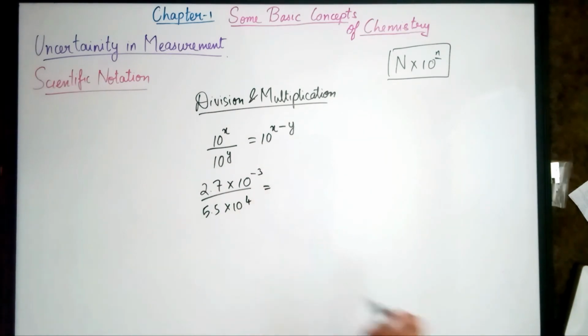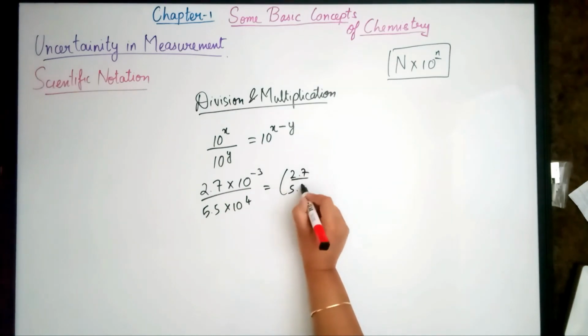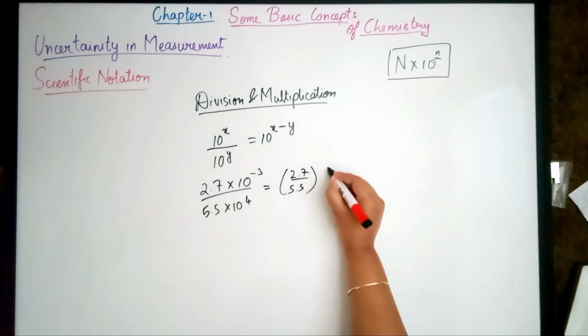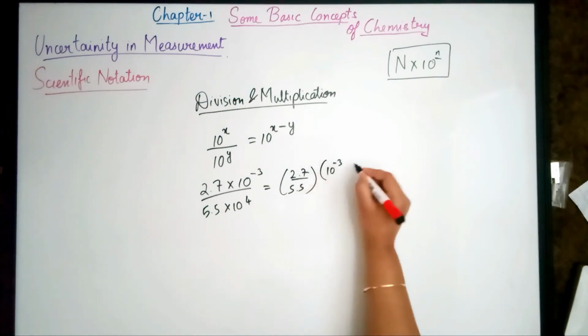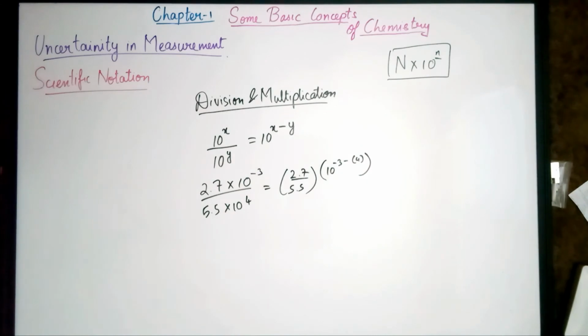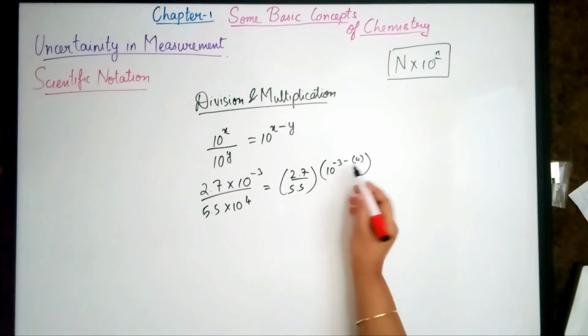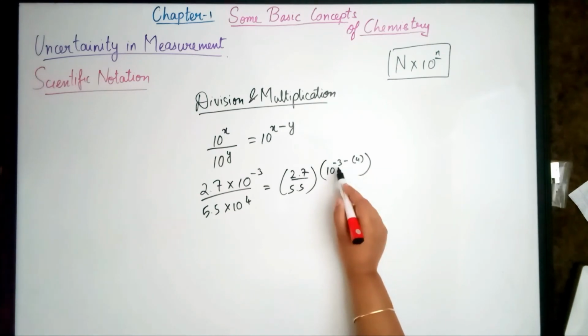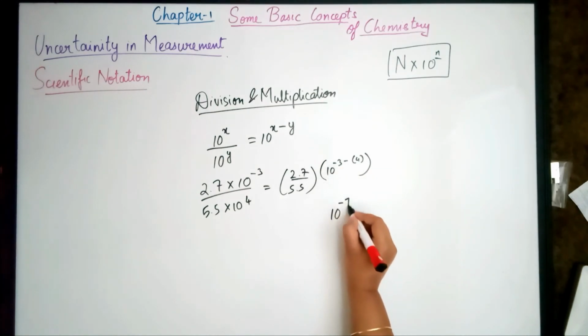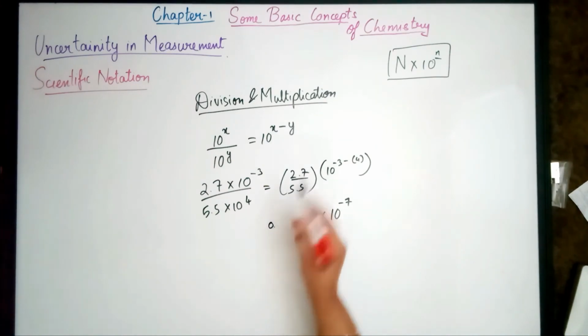Okay, so let's take out these numerical values, 2.7 by 5.5 out. Okay, and 10 to the power minus 3 minus 4. Because 4 has a positive value, we will be deducting it, so minus 3 minus 4, which means 4 plus 3. Since they have the same sign, they'll be added, 7. So 10 to the power minus 7 into